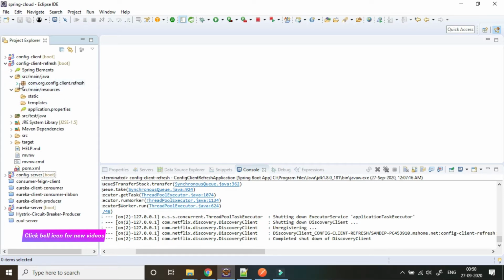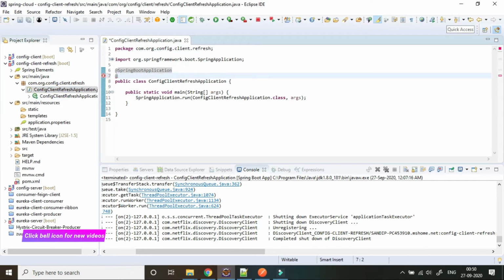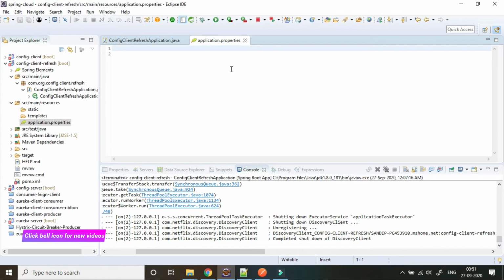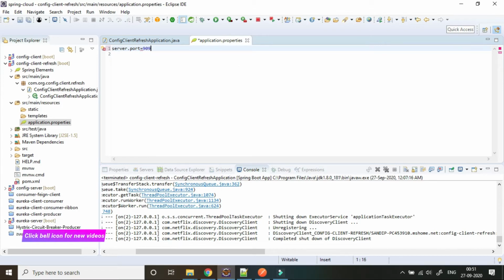So first of all, we have to annotate the main class with @EnableEurekaClient. After that we will provide the port, 9098, and the application name.